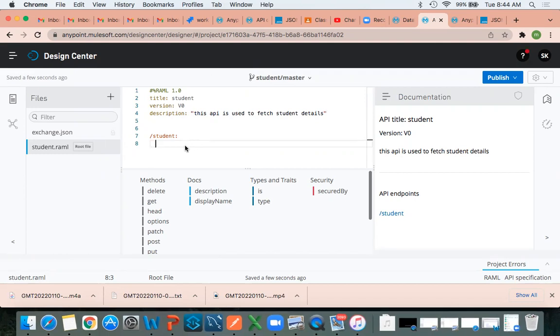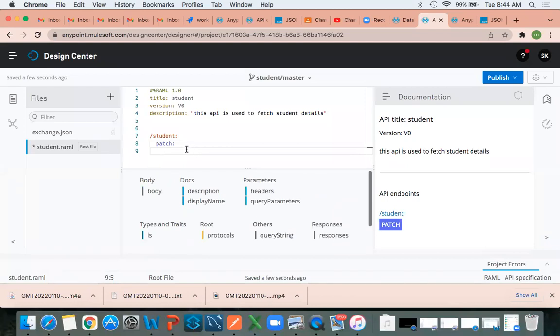Next, method. Which method will we take here? We'll take the patch method. Get and input we already saw. Is it for any API or only for this API? You can use any API, but I can tell you the reason for which scenario you want to use which method. Oh, I'm not asking about method, you are asking about protocol. Protocol, you can use HTTP or HTTPS for any API.